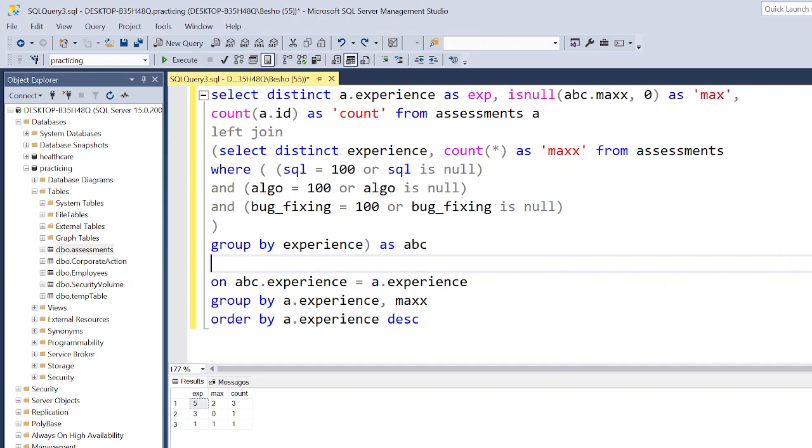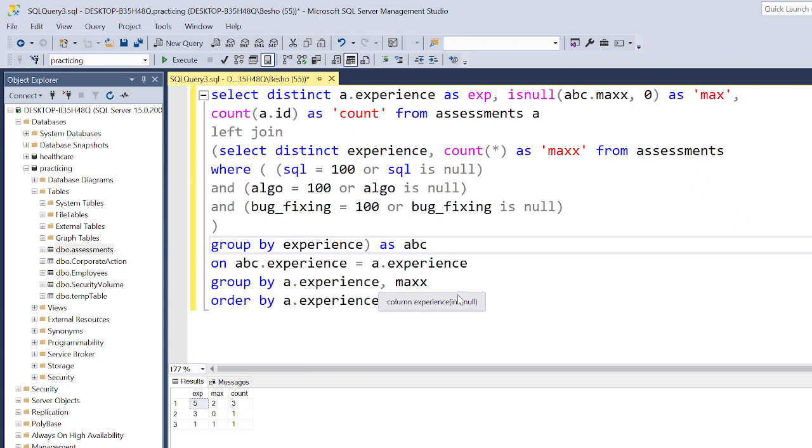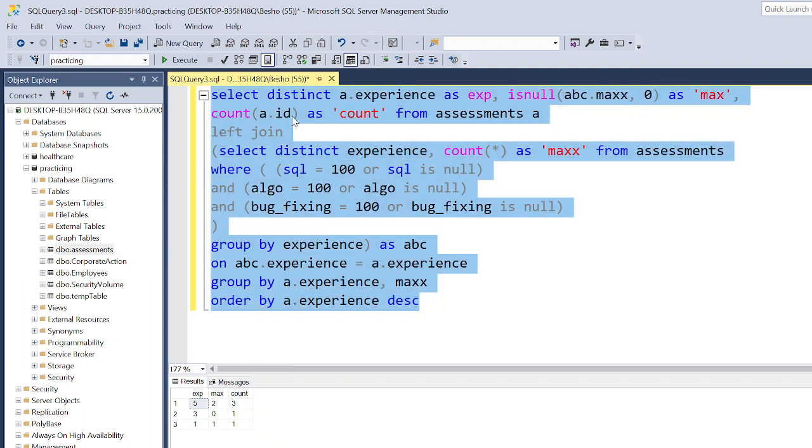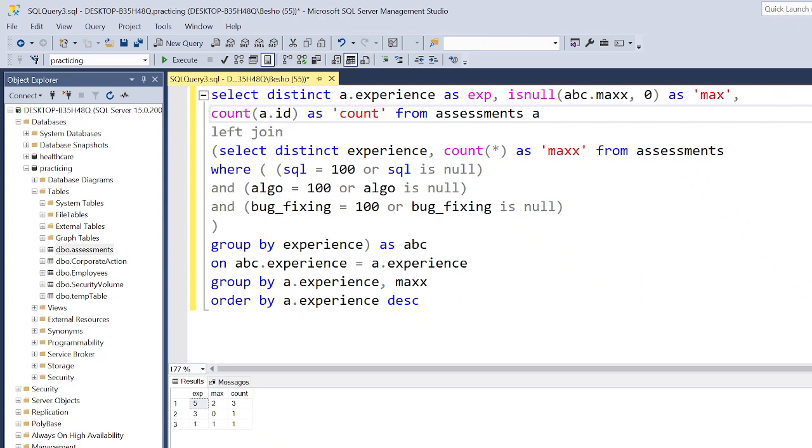I hope this helped you guys to go through similar questions. I got this in an interview. It was a little bit challenging. As you see, it's not a simple query, but once you break it into smaller steps, you should be fine. During the interview, I was able to figure out the experience and count really quickly with max. I also found it, but I had to work on the conditions a little bit. I made sure that all the conditions are matching what they're asking for,